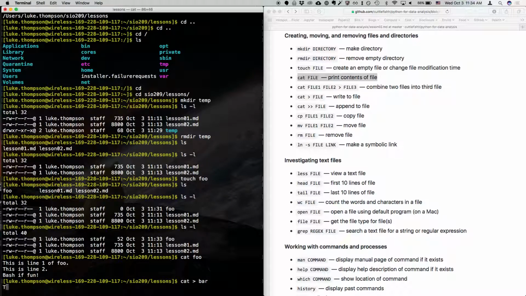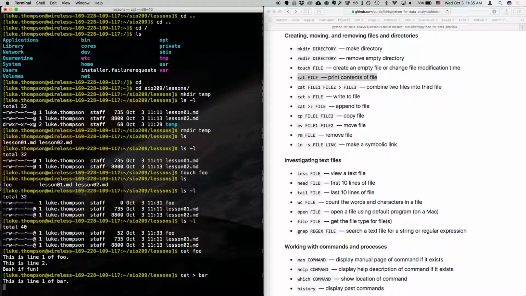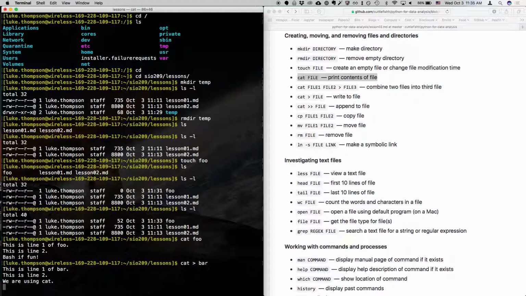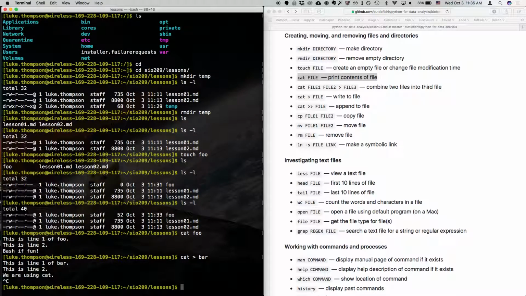So sorry, this is line 1 of bar. Again, doesn't really matter what you write. And when you're done, I always like to add a new line. So you can see my cursor is just below the last line of text. I'm going to hit Control and then C at the same time,